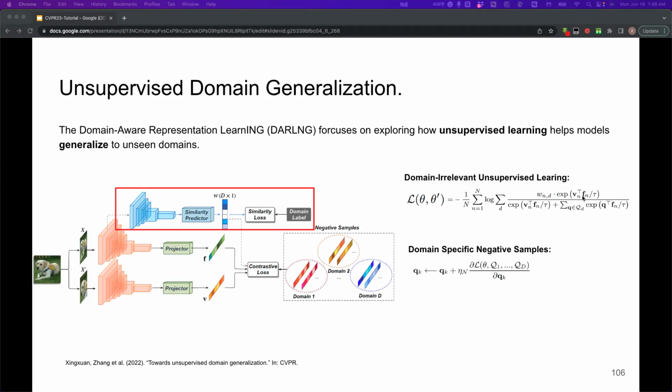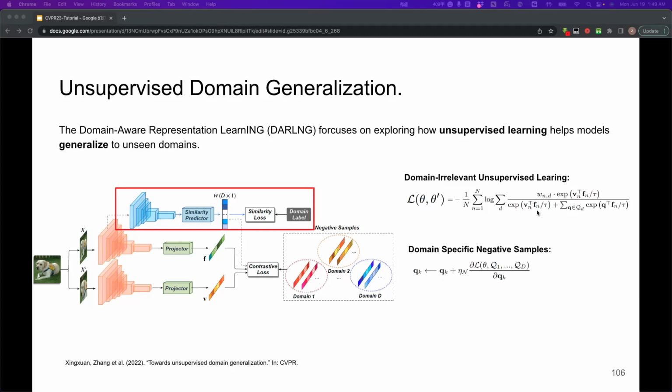So for example, for the nth sample that belongs to these domains, we can compute its positive pair similarity, and also we can evaluate its negative pairs from all the domains by going through all the feature banks Q_d, where d enumerates from 1 to D, and also the hyperparameter w